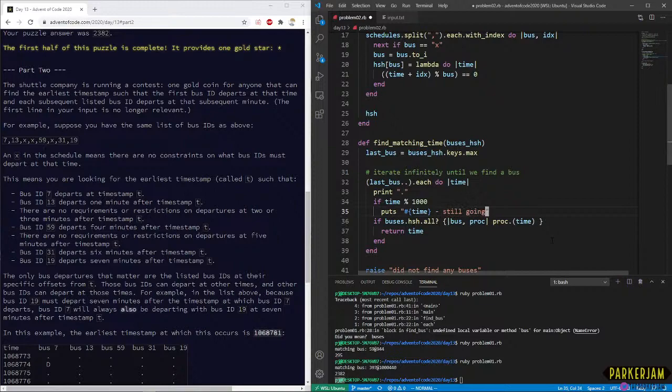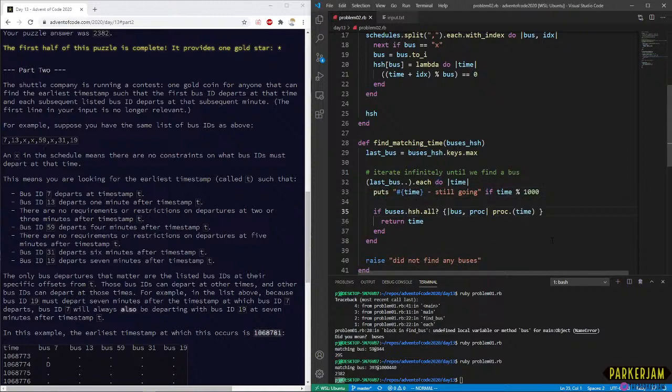Still going. Just a little thing so I know, hey, we didn't crash. We're still in there, slugger. So that's gonna print out every 1,000. So we'll have some visualization of how fast or slow my example is here.